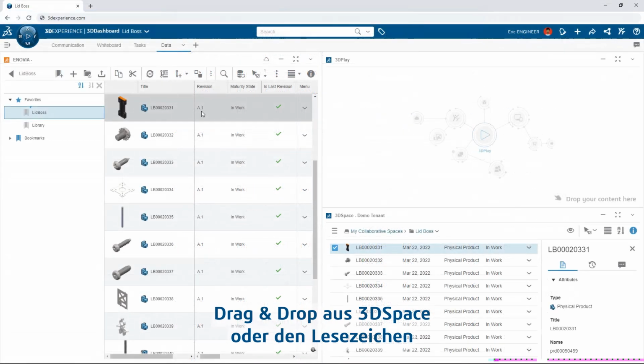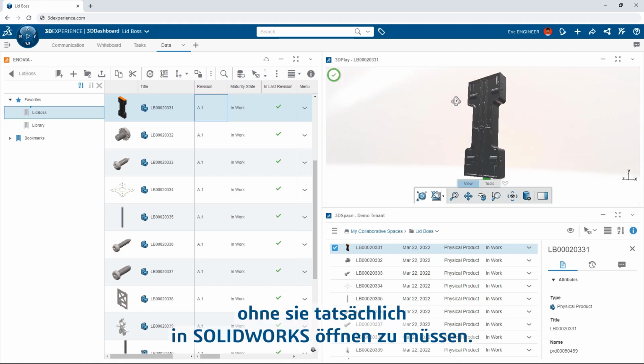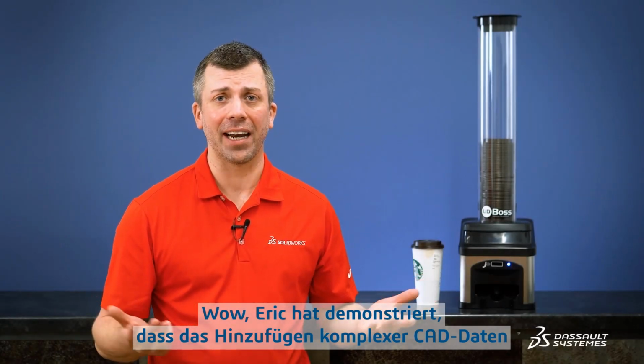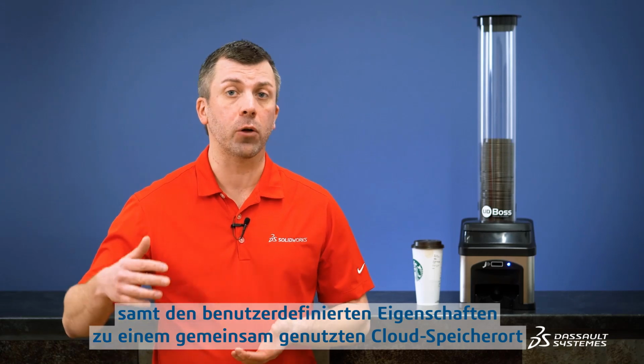Dragging and dropping from the 3D space or bookmarks allows Eric to view the data without having to actually open it in SOLIDWORKS. Wow, Eric demonstrated that adding complex CAD data, along with custom properties, to a shared cloud location